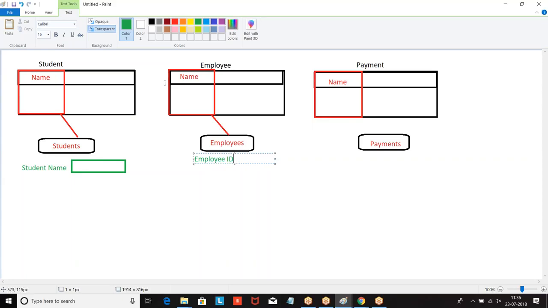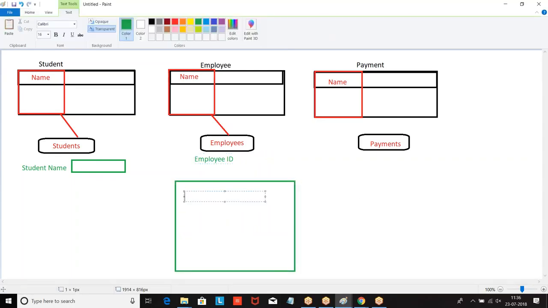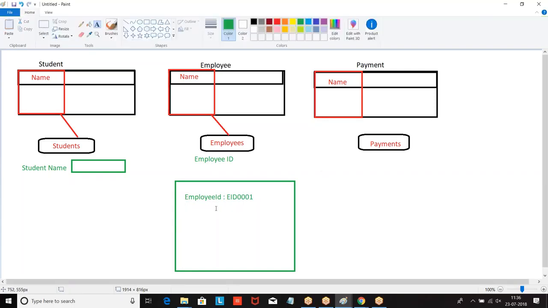While displaying the field in the table it may be name, but while you are displaying on the page, it should be displayed as employee ID. Are you getting my point? Now the actual field is name. While displaying, what is the label? Employee ID. With what label should the name field be displayed on the UI?